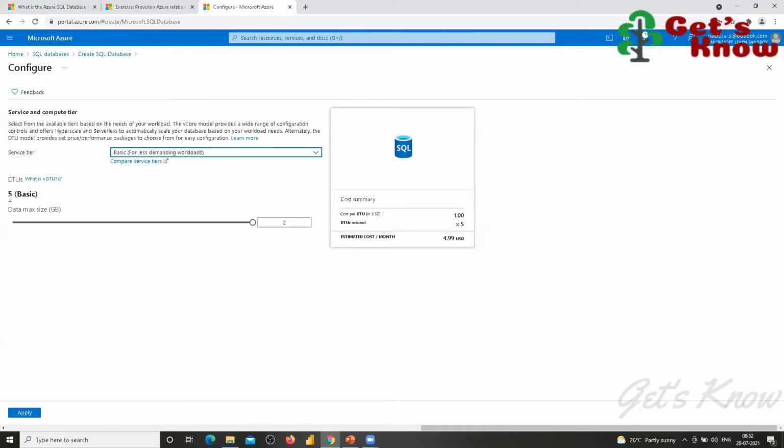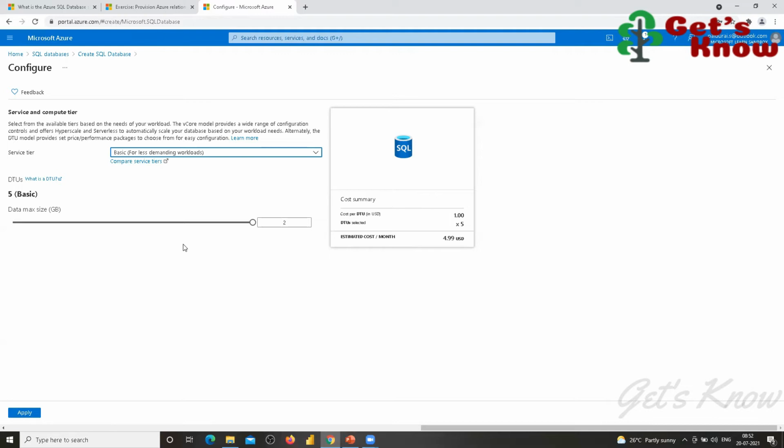See the DTU basic model: by default it gives 5 DTUs, and the maximum data storage it allows is 2 GB. For this you pay a monthly cost of 4.99 US dollars. This is the default feature.